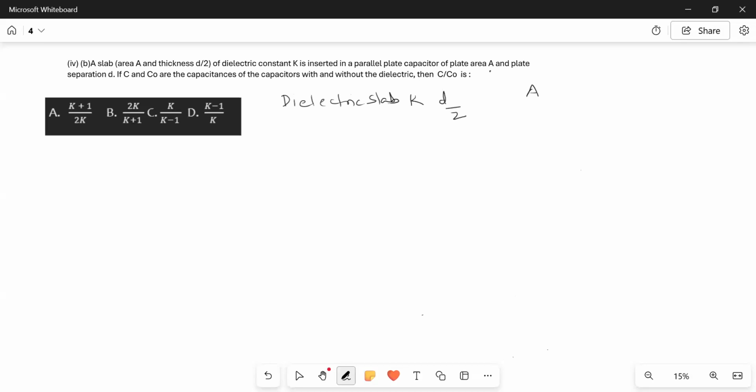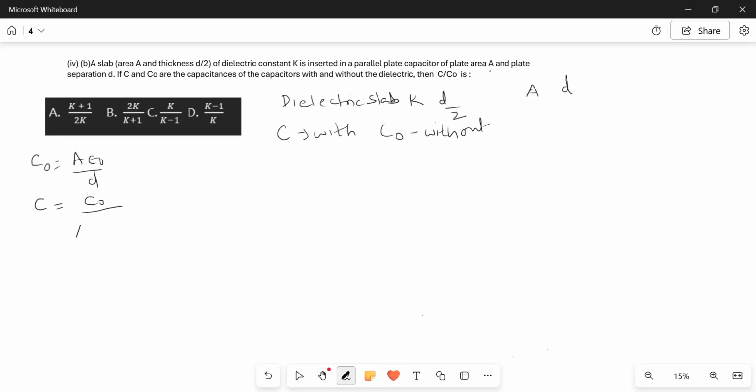Area of the plate is A, distance between the plates is D. C is the capacitance with the slab, and C naught without. So we have to find C by C naught. So C naught is A epsilon naught by D. And since the dielectric slab is partially filled, the formula for the capacitance is given by